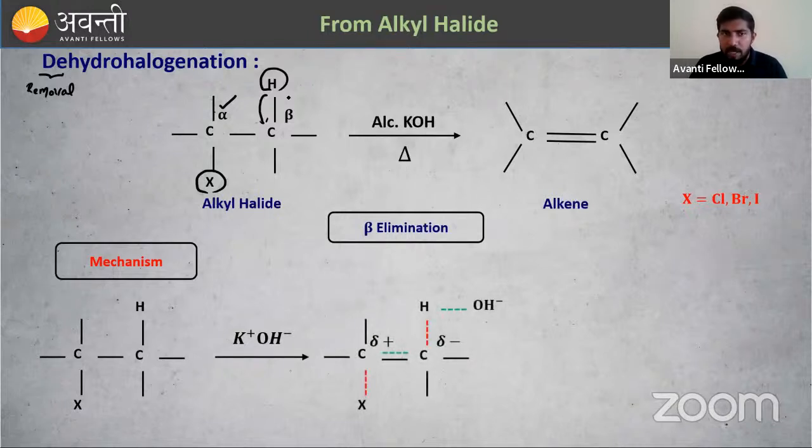Then in the next step, what is happening? Here we have a hydrogen. This OH minus is coming to this hydrogen, and he's saying, let's be friends. So hydrogen and this OH, they are trying to make a new friendship. Then this green means some new bond is going to form, right? Here also green. Then what about this red? Red means danger, so that bond is going to break. So hydrogen and OH, they are good friends.